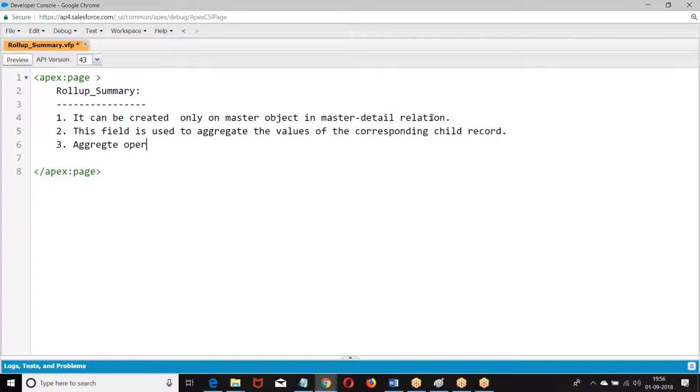Aggregate operation. Count: count of number of child records which are participating.